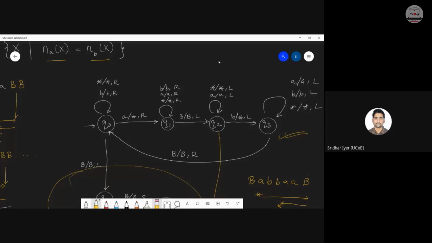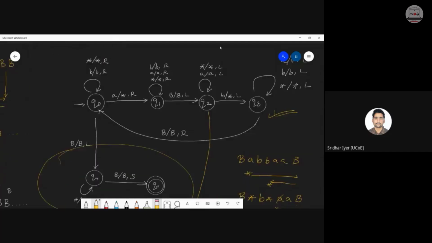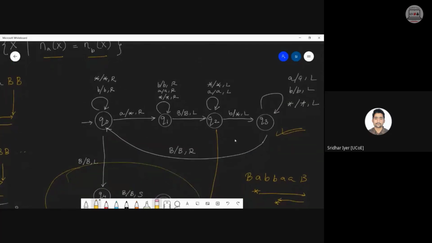Am I clear? उससे क्या होगा कि जो हमने ये वाला question बनाया है where number of A's is less than number of B's, वो convert होके उल्टा हो जाएगा. More than number of B's, sorry. When number of A's is more than number of B's, if you start with B, what happens? The entire logic gets inverted. It becomes number of B's more than number of A's. Am I clear? यहाँ पे कोई doubt है अभी भी?